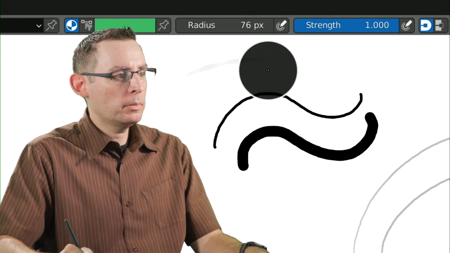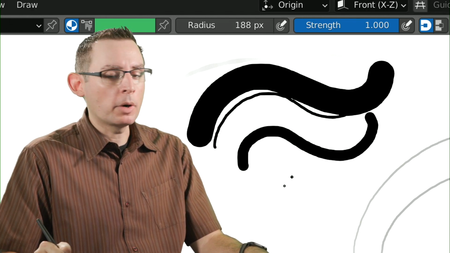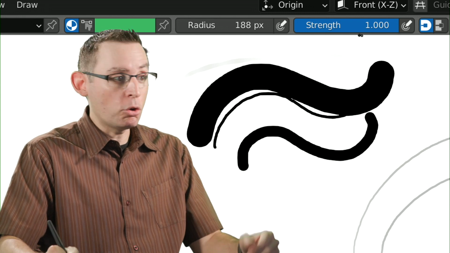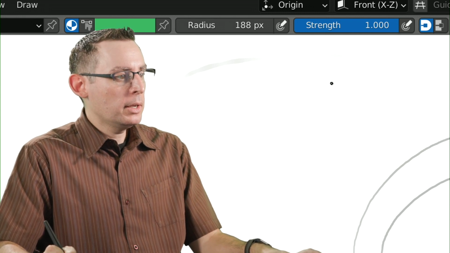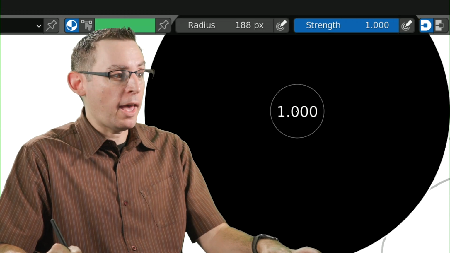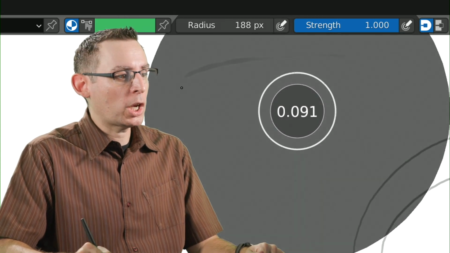See? Pretty cool. Make it much bigger. Zoom. And we're up and running, which is pretty great. Same thing goes with strength. Let me hit undo for a couple steps. Now, instead of F, we're going to do Shift F. And that's going to allow us to interactively change the strength.